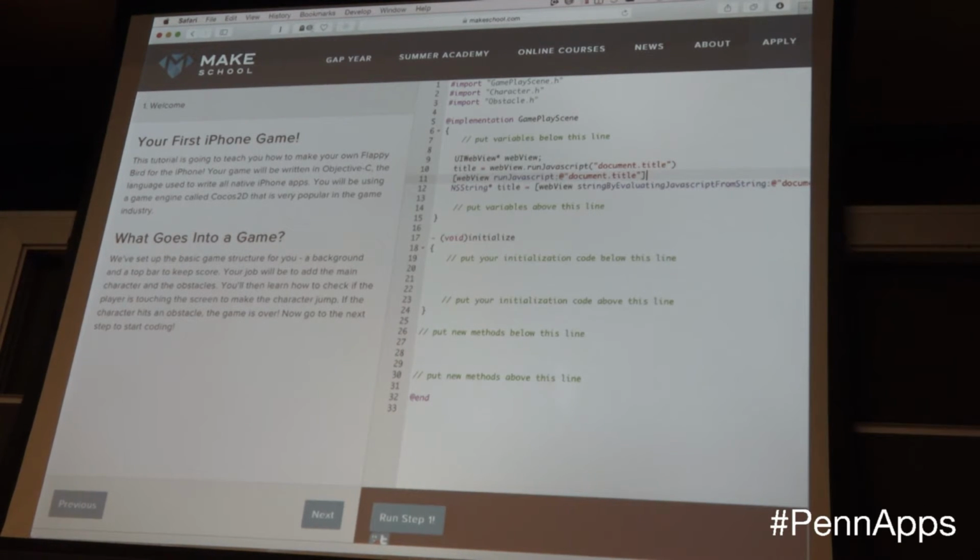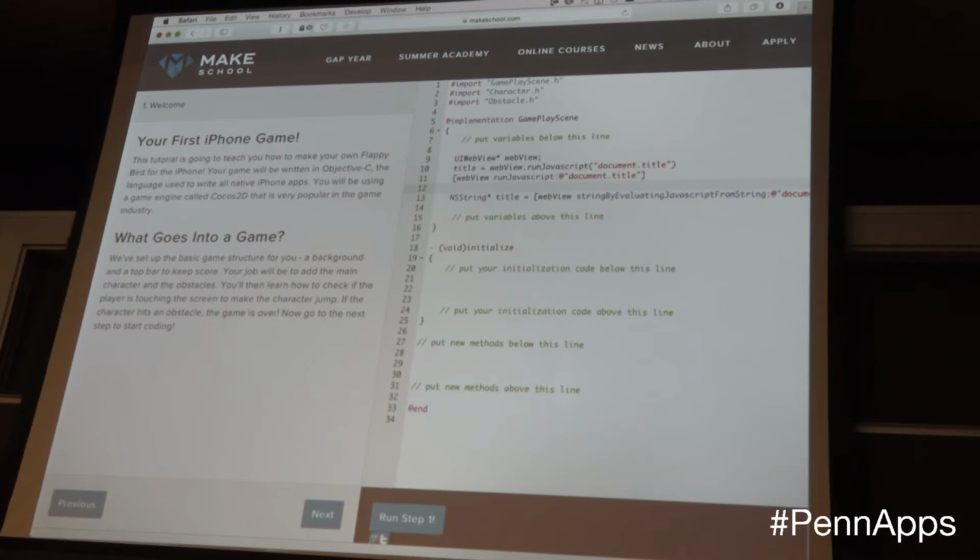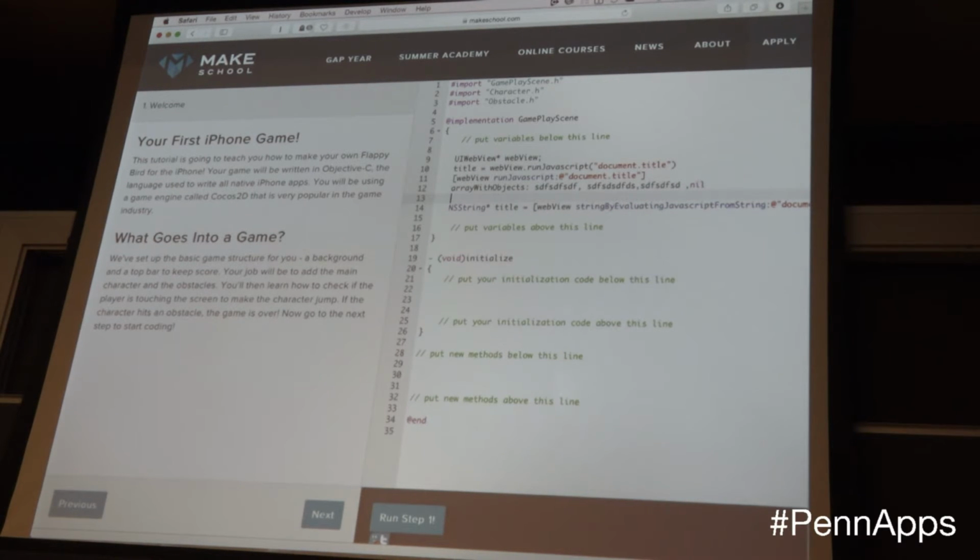you had the very fine pleasure of making arrays where you would say array with objects, and you would just list objects, and then you would put nil at the end of it, and you're like, what am I programming in the 1970s? And Apple, in a very aptly way, came by and also just gave you at sign and then normal array syntax like you would expect. So the at sign in the compiler kind of is telling the compiler that it's going to be one of these special types. I'm not sure the exact technical term for that, but that's exactly what it's doing.